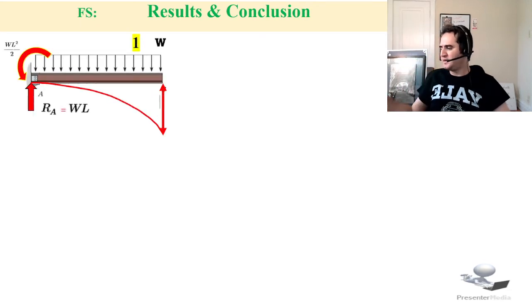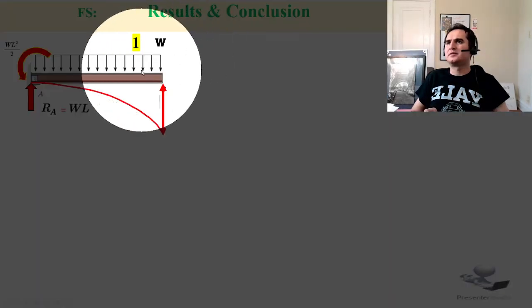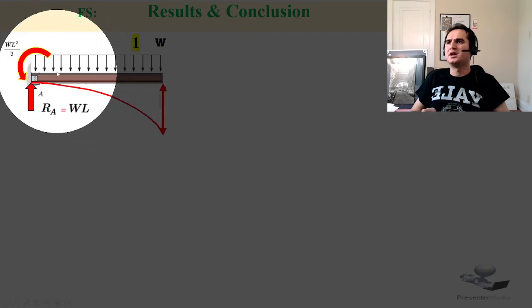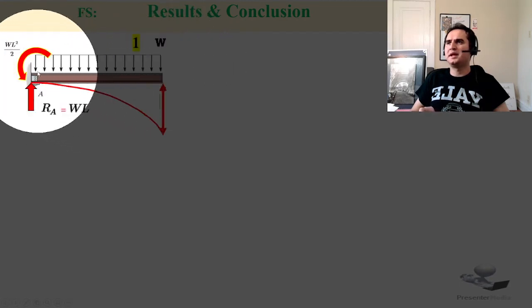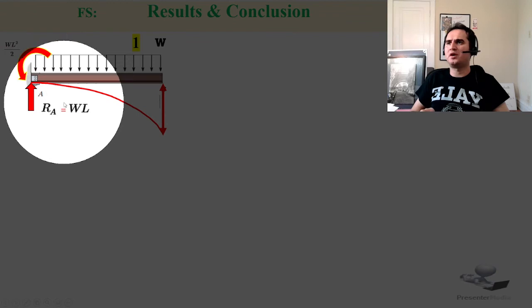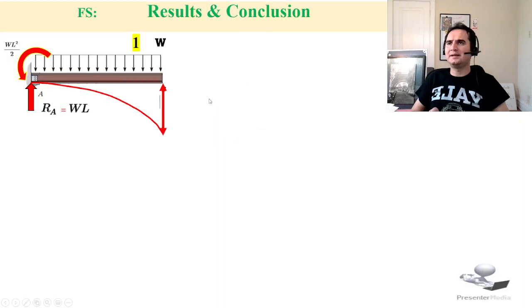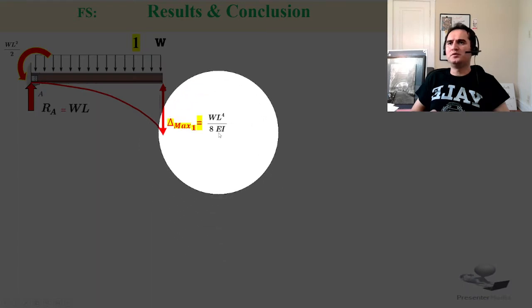So the first one, we call it beam one. That's the condition where we have a uniformly distributed load. M is WL squared over 2, RA is WL, and delta is WL to the 4